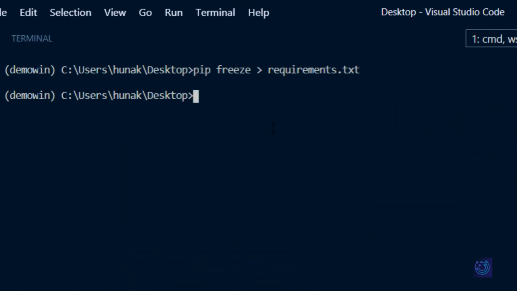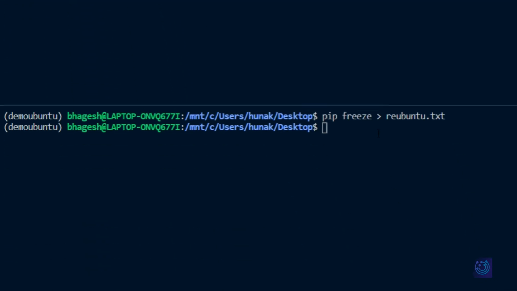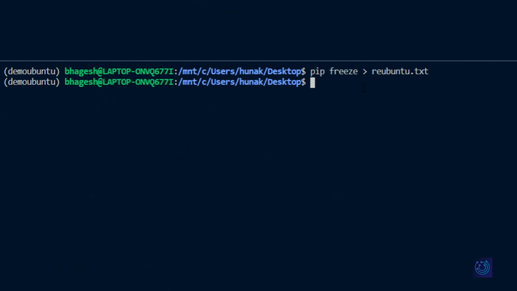So the command for that, in Windows, is pip install -r and the name of the file which you created, or the name of the file in which you stored all the dependencies or the modules. For Windows, it was requirements.txt. So if I hit enter, it says requirement already satisfied, since NumPy is already installed. Let's install from the same kind of text file in Ubuntu.